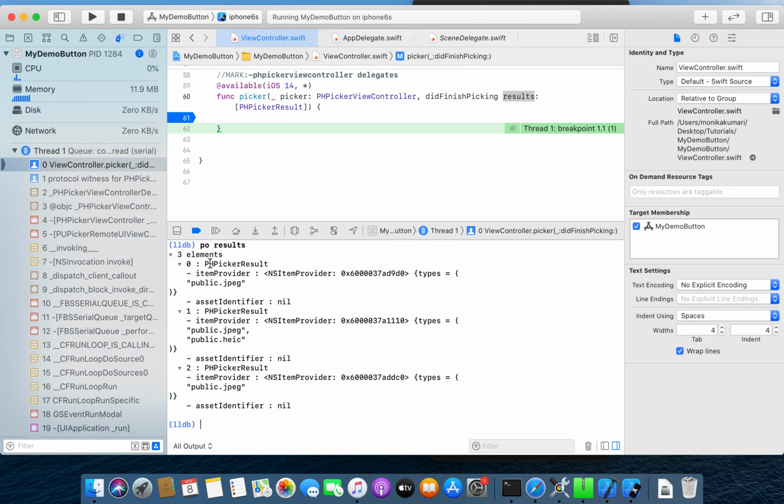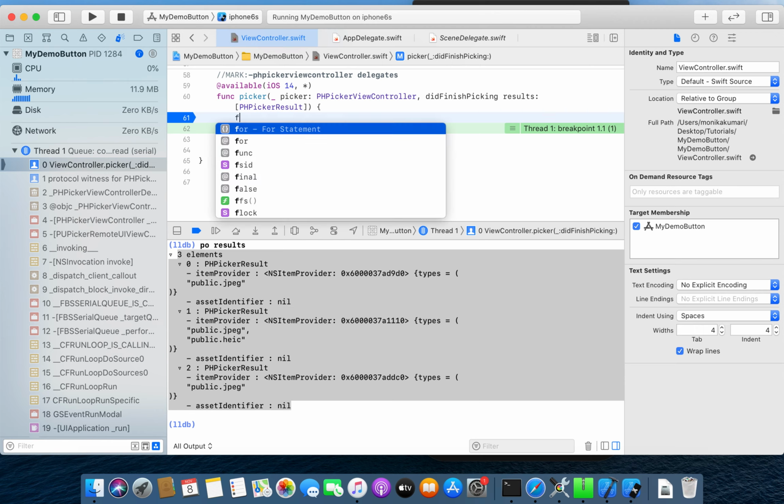You are getting the PHPickerResult, and inside the PHPickerResult we have an itemProvider, and inside the item provider I have a public.jpeg, means I have 3 images, but these images are inside my item provider, and these images are in a form of an array.